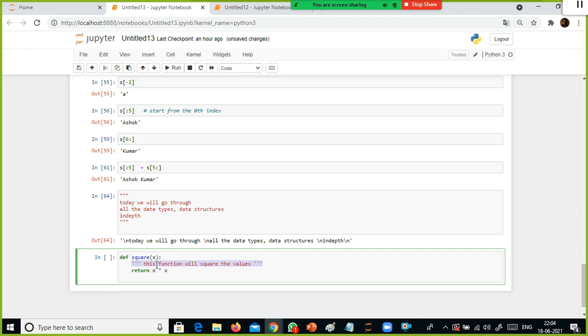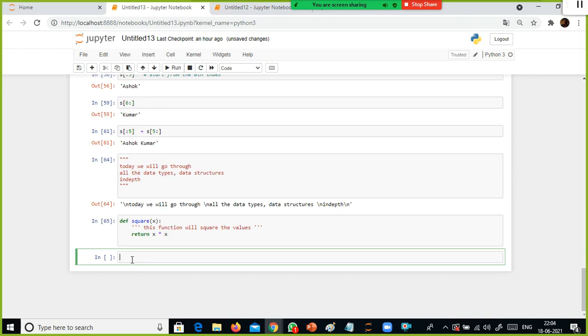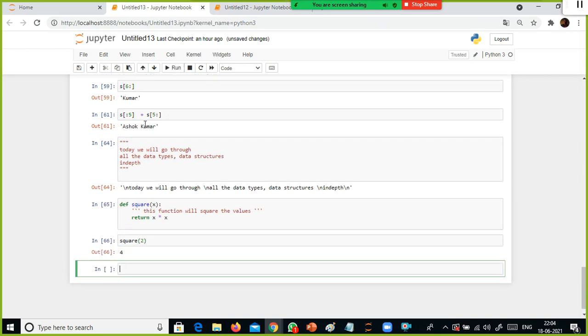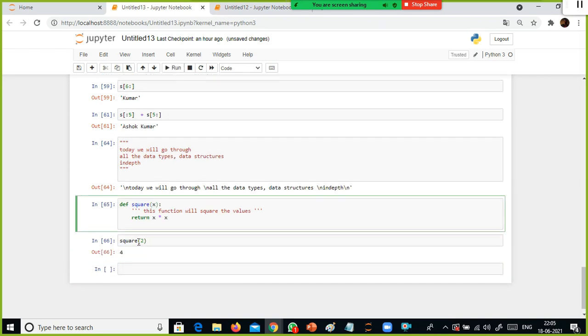So this is a function, right? We'll see what a method is later. When you use a function inside a class, we call that a method. Here I did not use any class. In the OOPS concept we have something called class. Inside the class, if you use a function, we call that a method. We don't call that a function. Two, four, right? I just passed. So this is how you have to define a function. Very simple function, a two-liner.